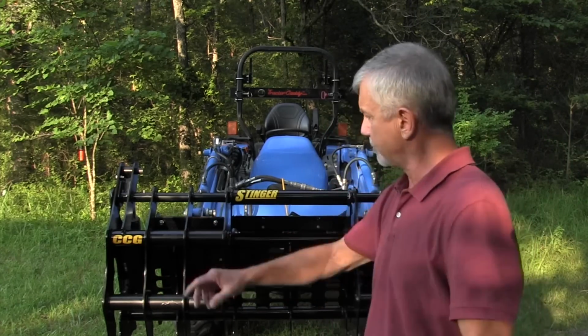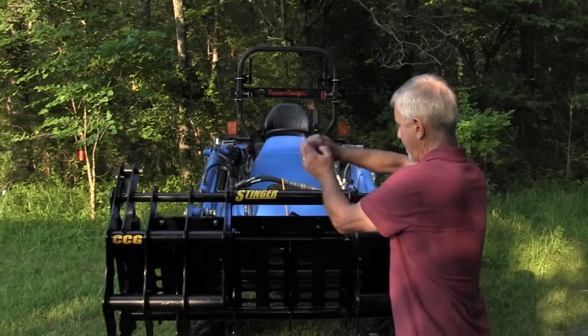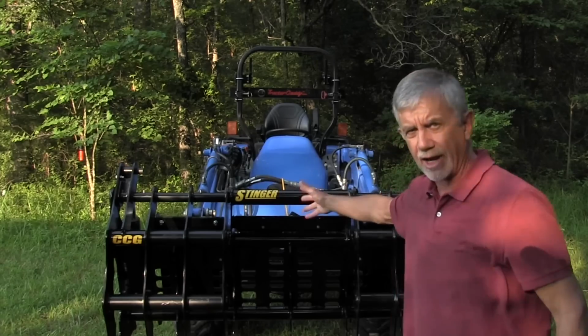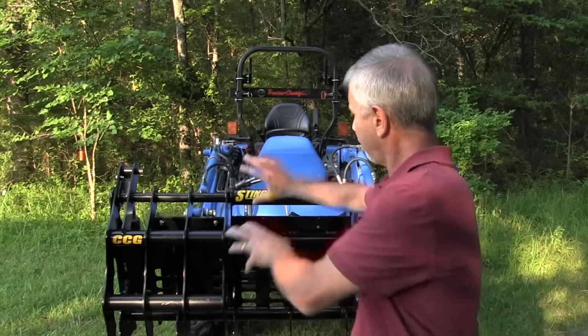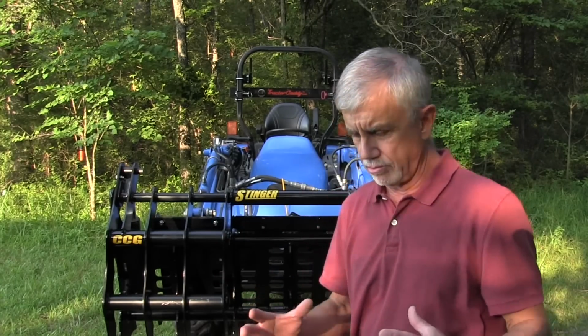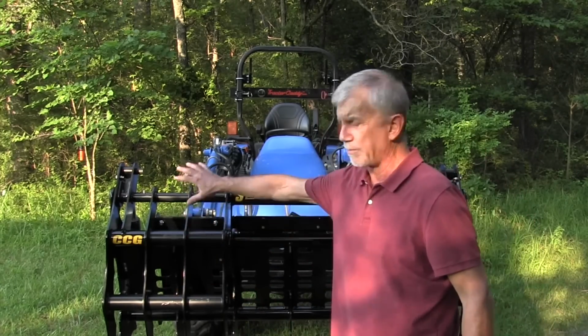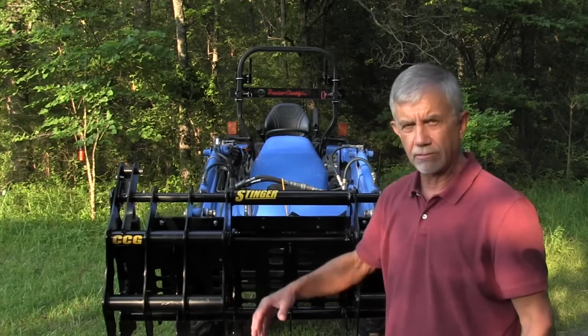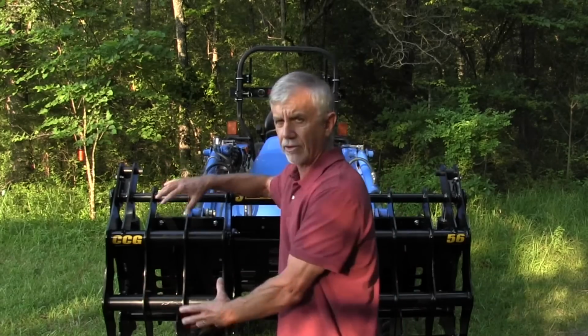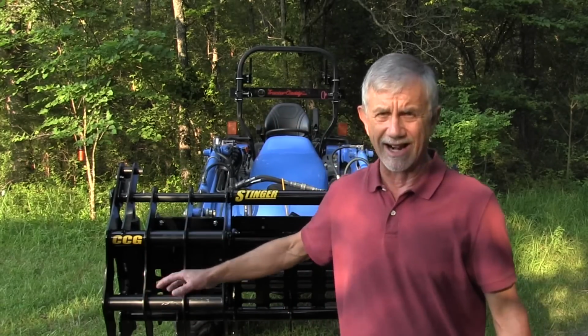And also the hoses go all over here and have to come into the back to get hydraulics from the tractor. So you've got a chance of getting brush, and if you ever move brush, you know it goes everywhere. It's hard to keep it from getting into your front end loader. When the cylinders are exposed, you've got a great chance for damage. And a lot of times there'll be an upsell. You can order an optional shield for the grapple,